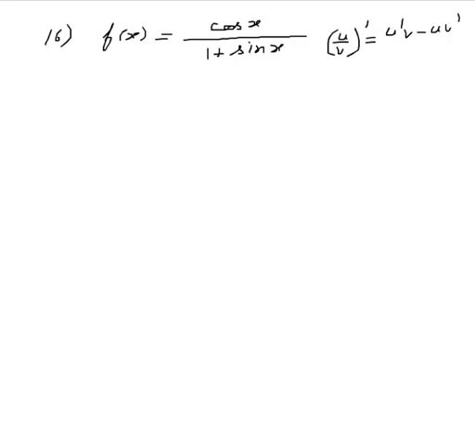Question 16. f of x is equal to cos x divided by 1 plus sin x. Quotient rule: (u/v)' is equal to (u'v minus uv') divided by v squared. Therefore, f'(x) is equal to